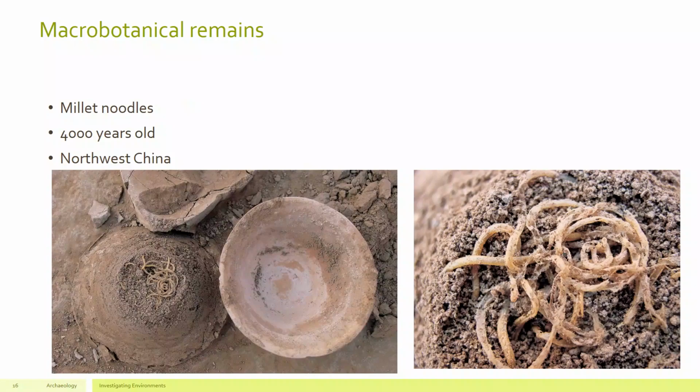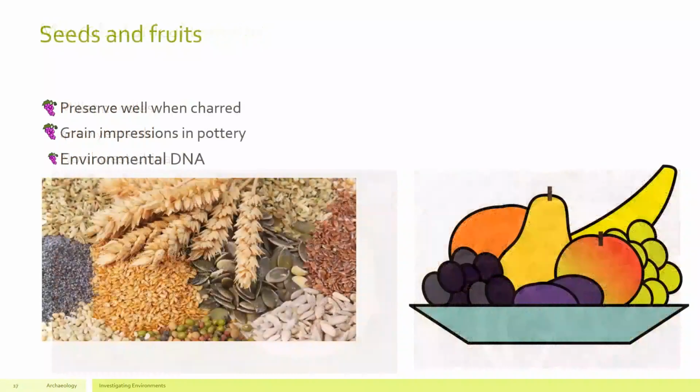They preserve quite well. These are macro-botanical remains. Seeds and fruits often preserve well, especially if they're charred in a campfire. Sometimes you'll see the grains of different plant material, thinking mostly Neolithic seeds from grasses, barleys, wheats, rye, emmer wheat. Sometimes that is preserved in pottery if it's used to temper the ceramic, or clay bricks.